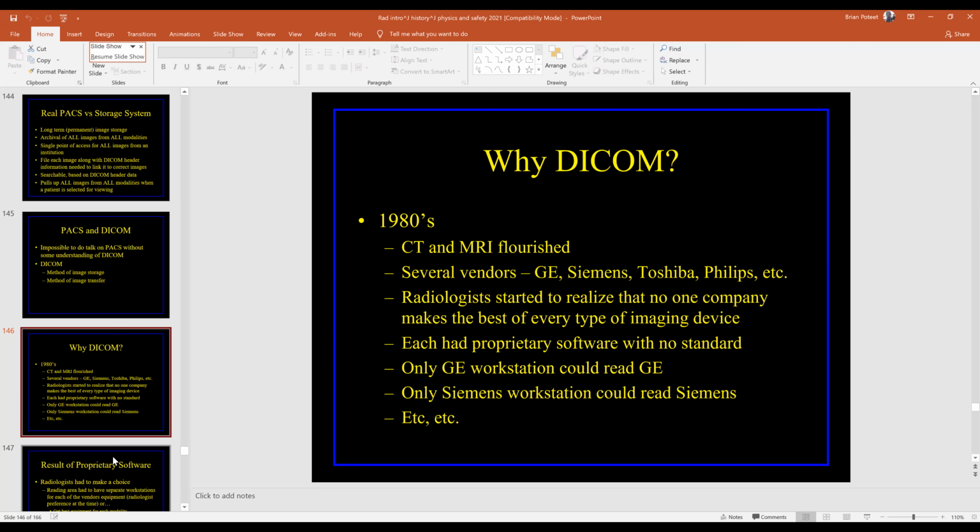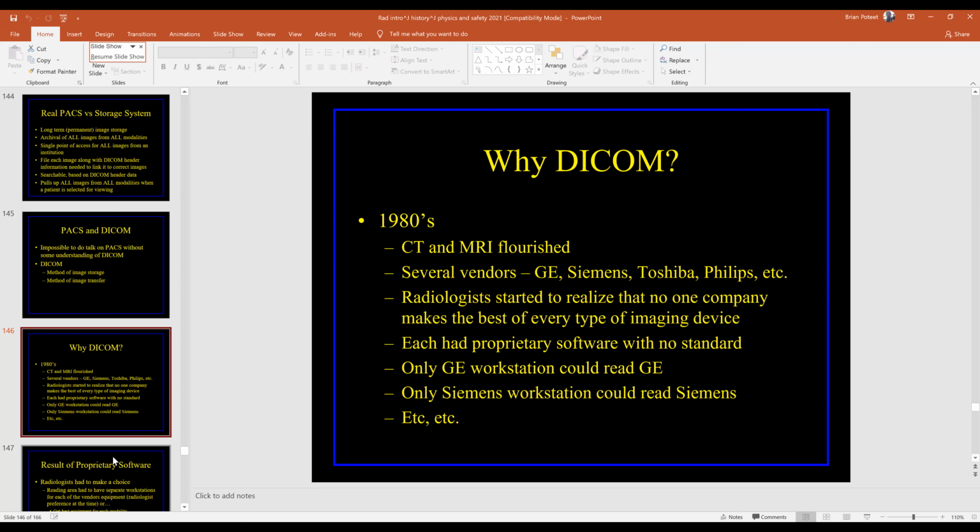So it doesn't tell you the patient's name. It doesn't tell you their age. It doesn't tell you the date the picture was taken. It doesn't tell you the type of x-ray system it was taken on. Well, DICOM sends from one place to another not only all of the images in high quality resolution form, but